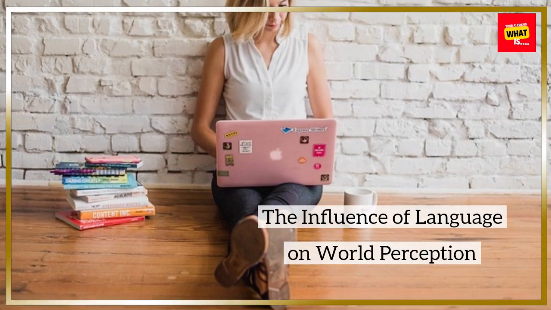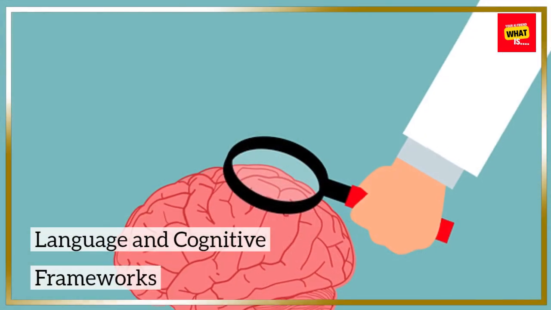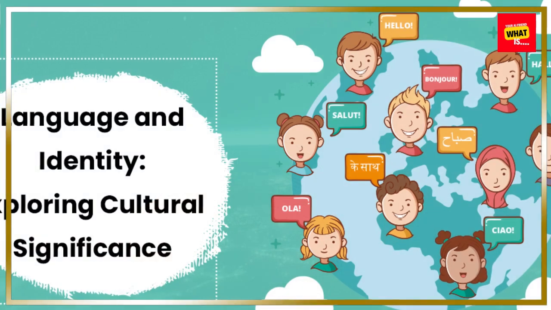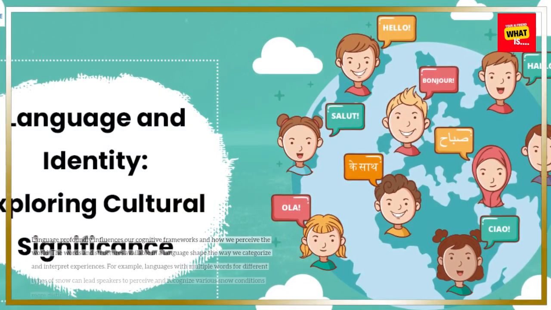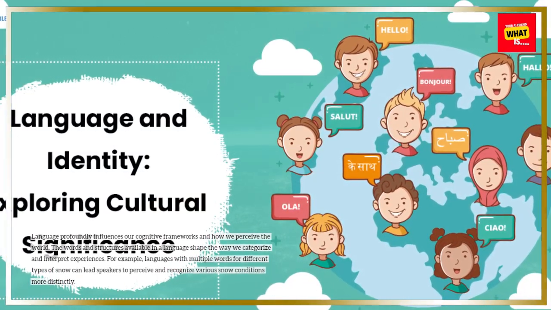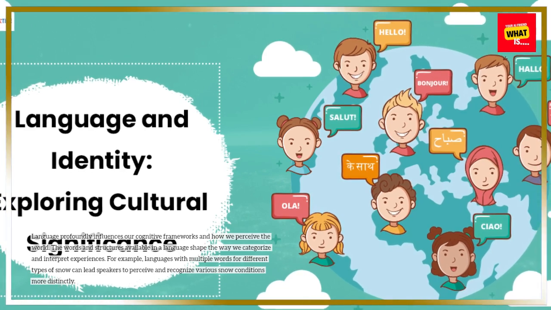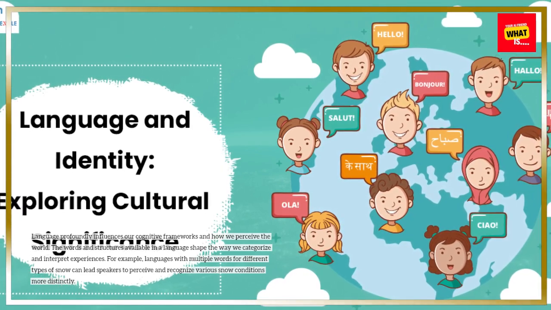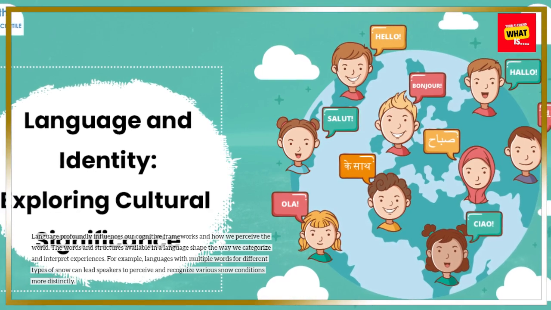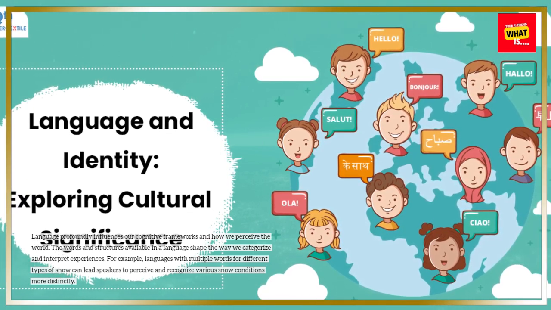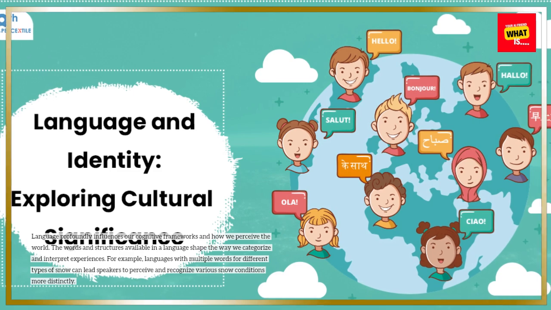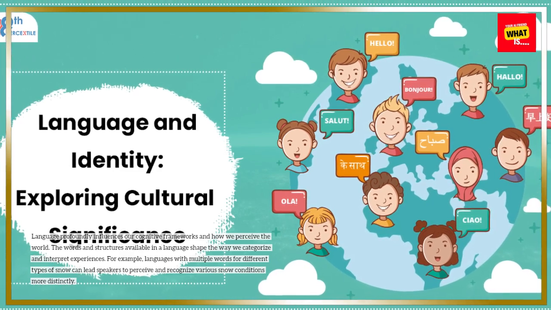The influence of language on world perception. Language and cognitive frameworks. Language profoundly influences our cognitive frameworks and how we perceive the world. The words and structures available in a language shape the way we categorize and interpret experiences. For example, languages with multiple words for different types of snow can lead speakers to perceive and recognize various snow